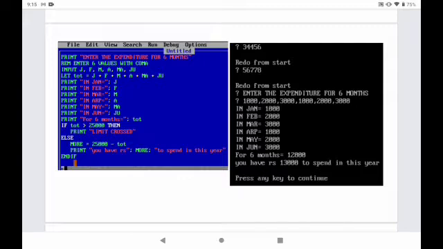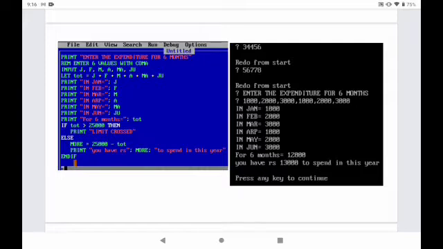So the first line you can see here is print, enter the expenditure for 6 months. So simply we are taking some information from the user. The same question will be printed on your display screen, and after that REM, enter 6 values with comma, so that it is giving you a comment that we have to enter 6 values at the same time, separating the expenditure of each month with a comma.